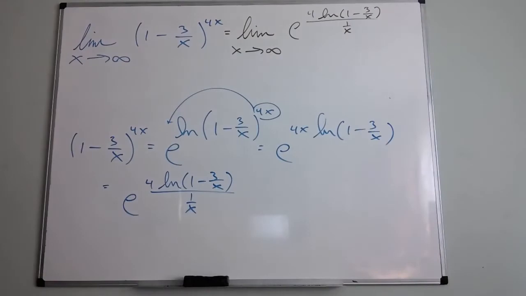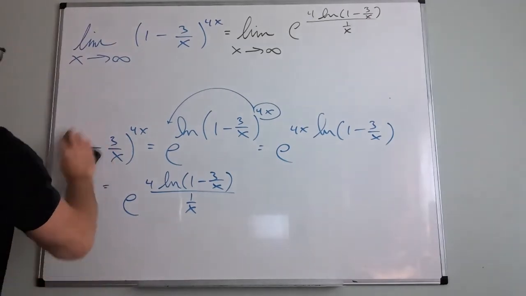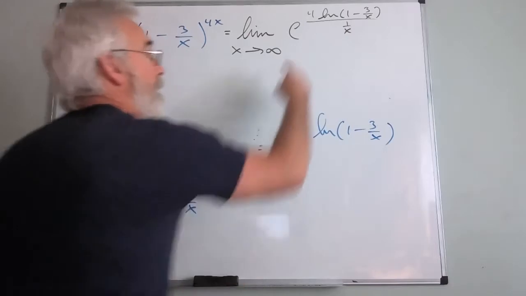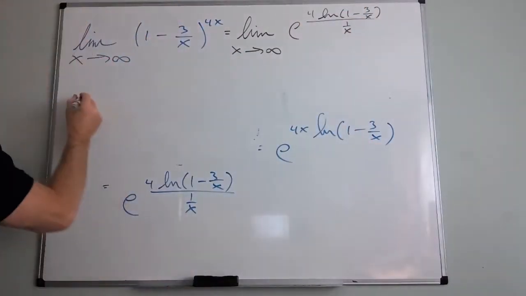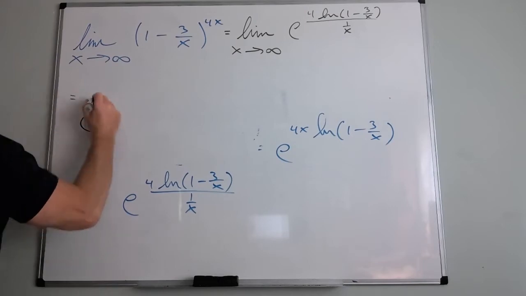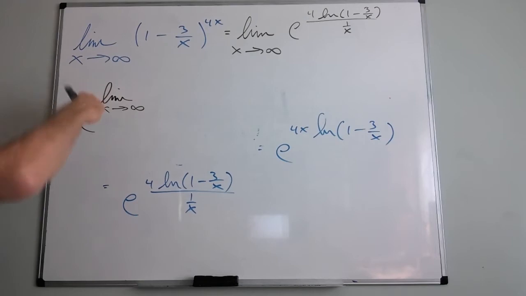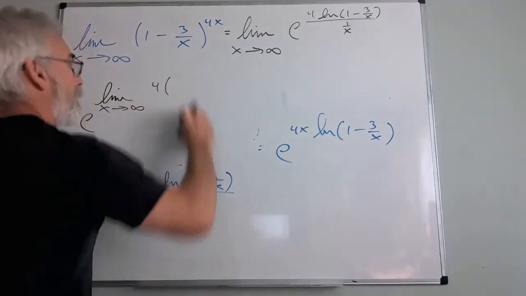Now I'm almost ready to do L'Hopital's rule, except the e is still inside the limit. I cannot evaluate it yet because it's not an indeterminate form. This part's an indeterminate form, but the e is in the way. So the next thing, which is the easiest thing of all, is put the e on the outside and make it really clear that this is an exponent. So I have 4 log